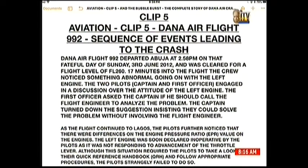As the flight continued to Lagos, the pilots further noticed that there were differences on the engine pressure ratio. I'm going to explain that to you, Joe. This engine pressure ratio is a way of determining the engine thrust, and what it simply means is when you get the pressure coming out of the exhaust and divide it by the pressure at the point of entry into